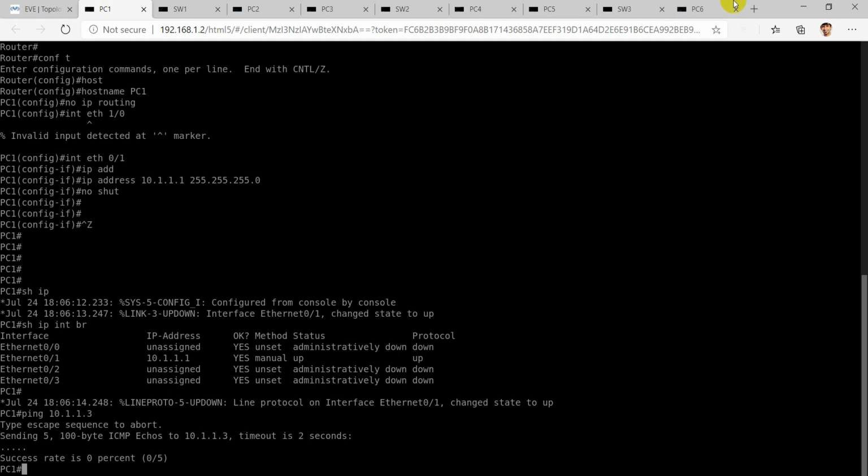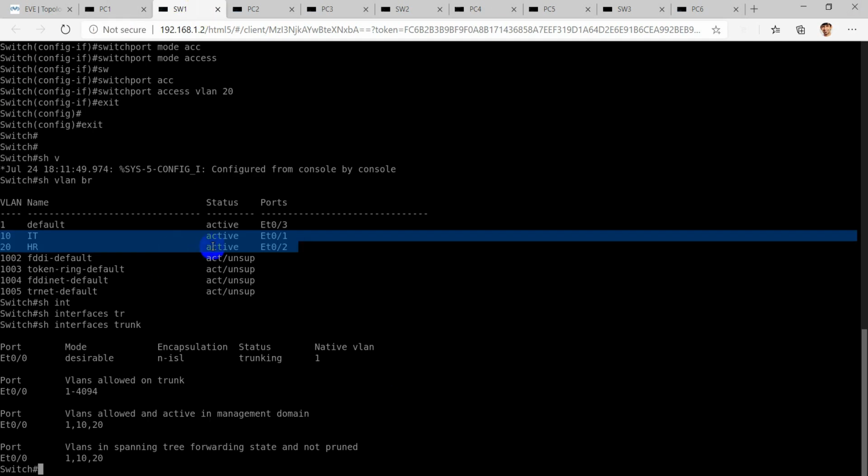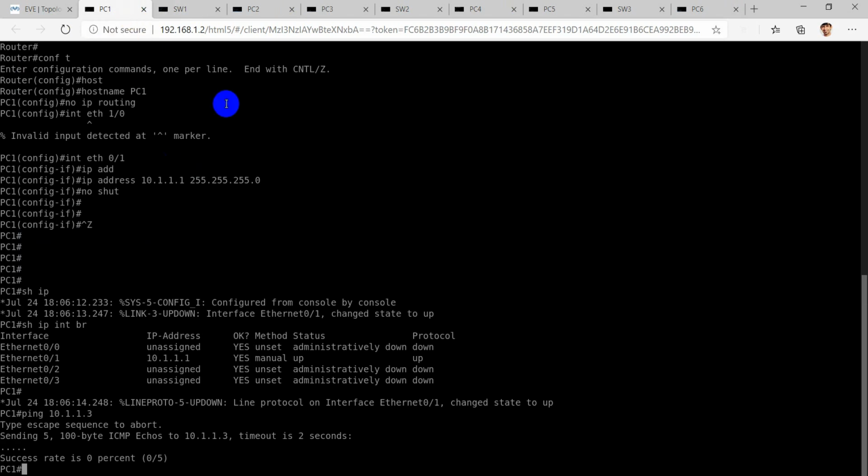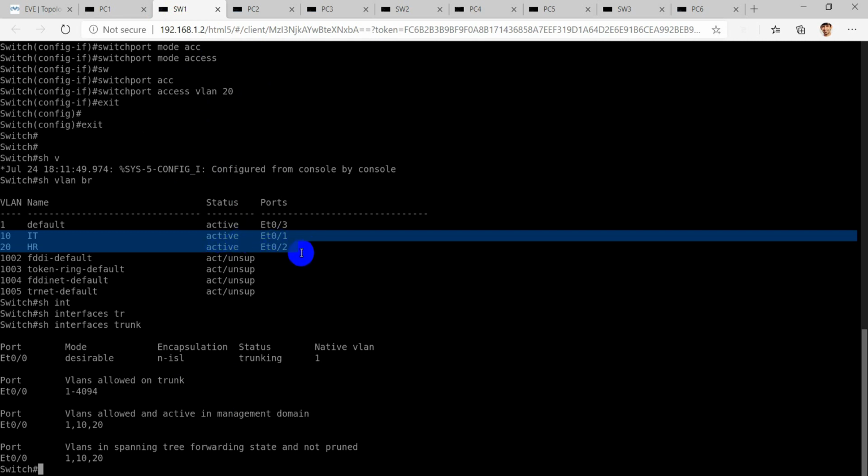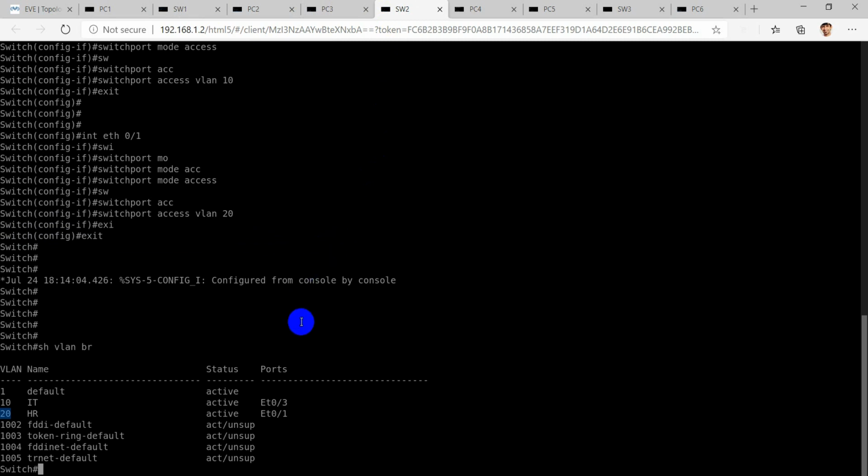I think something is wrong. 0/1 is in VLAN 10 and is in VLAN 20.